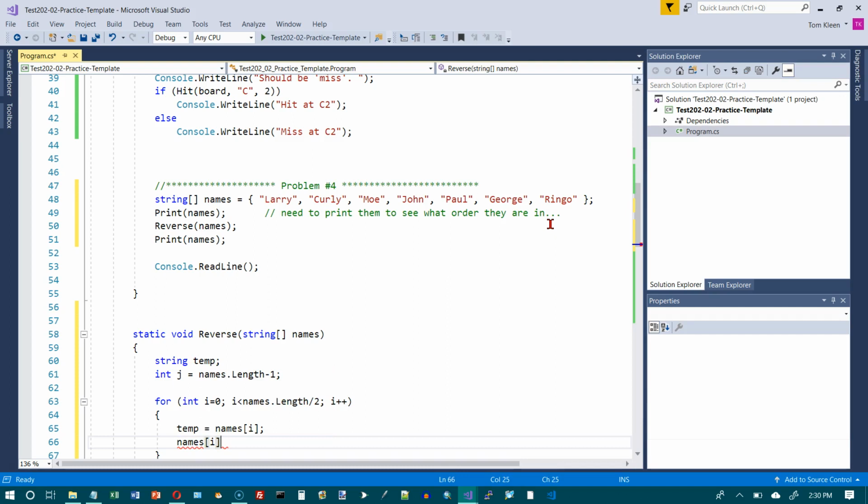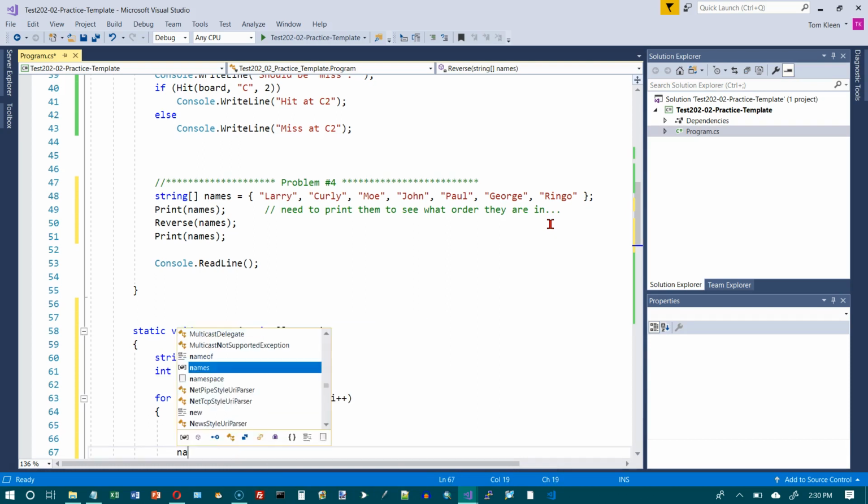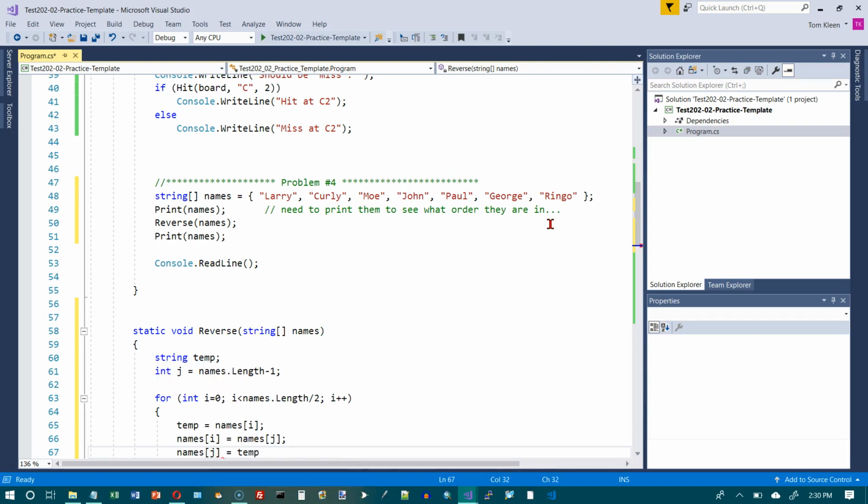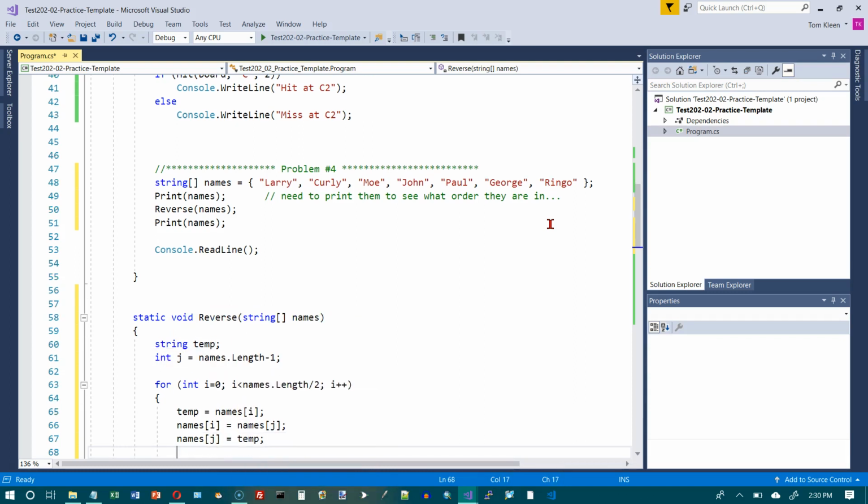So the front end of the loop is names sub i, and it's going to get what is in names sub j, and then names sub j is going to get whatever was in temp. Okay, and then the i gets incremented automatically as I go through here. j needs to get decremented, and I could either do that here, or you don't see this very often, but you can actually do 2 things up here